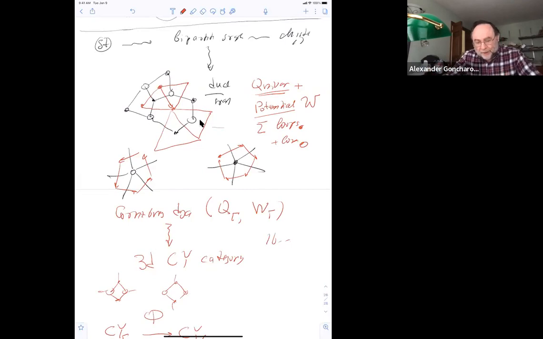So the bottom line is that this combinatorial construction using bipartite graphs gives you several things: it gives you a cluster structure, and it also gives you these explicitly described Calabi-Yau three-dimensional categories. So it seems to be an intrinsically important object which relates to this moduli space. That's the only comment which I wanted to add to the story.